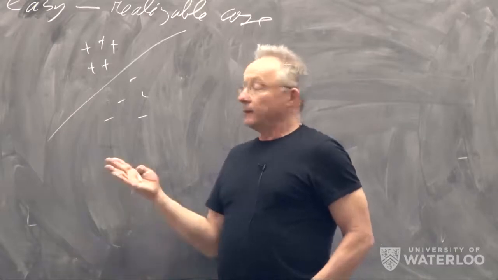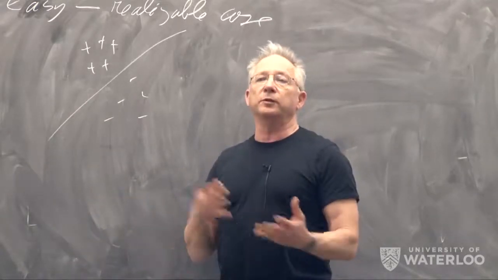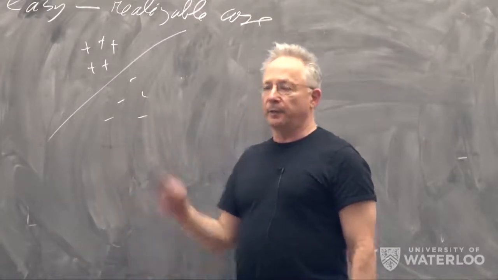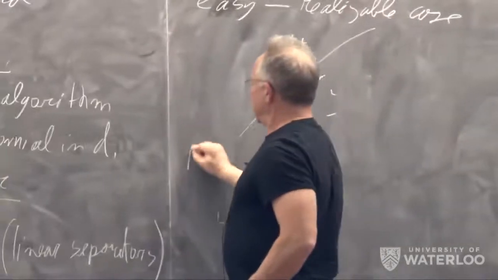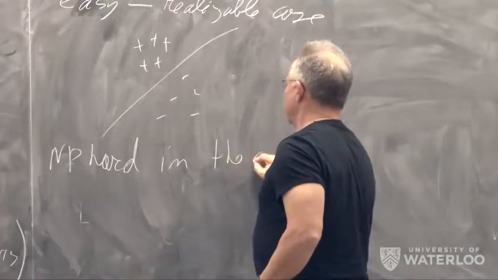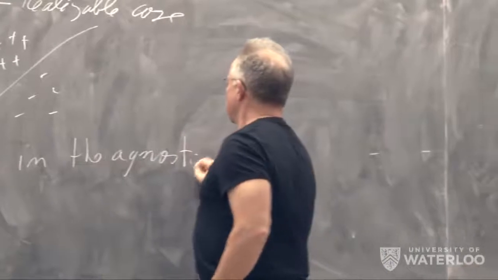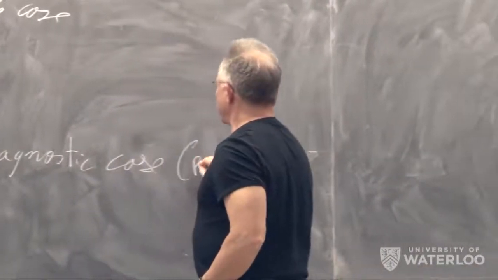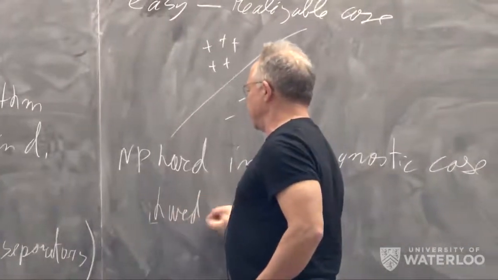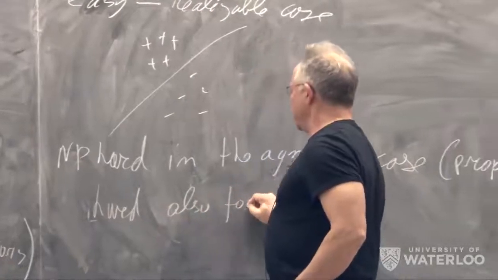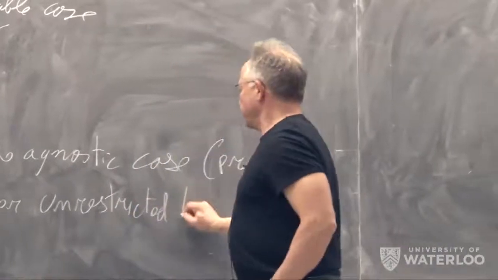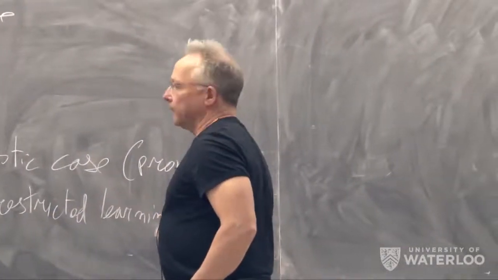But as we said, you remember that we had this example that we showed that most of the partitions, a huge majority of the partitions, are not realizable. If it's not realizable, the problem becomes NP-hard. So NP-hard in the agnostic case and the proper, if you want to output the half space, and it's hard in some weaker sense also for unrestricted learning. So we see that